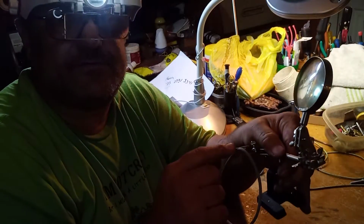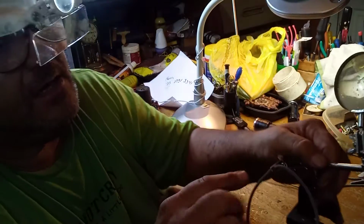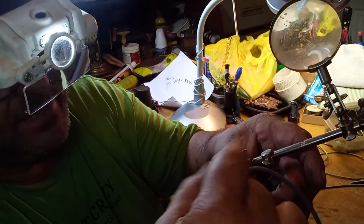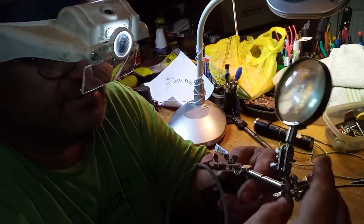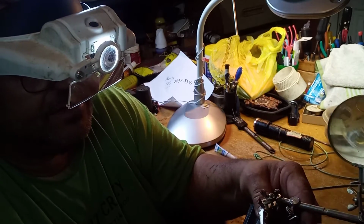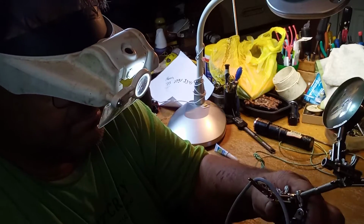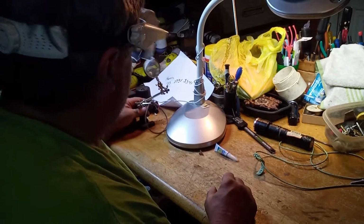I'm going to let this dry for 24 hours, and I have it in the spring, which helps bind it together. You can purchase these. It's supposed to have another alligator clip here, but I don't know what happened to it. I bought this thing many years ago, but